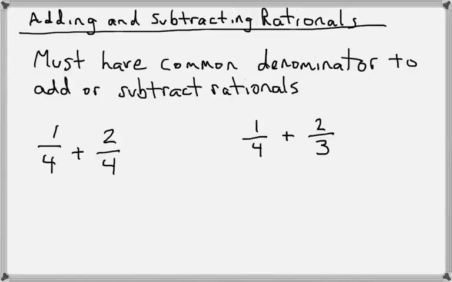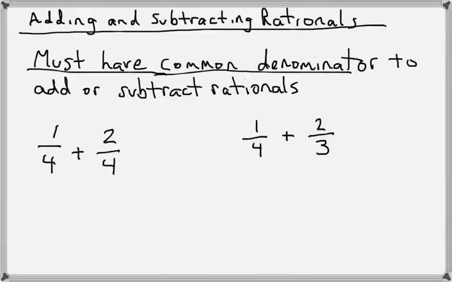In this video, we're going to be going over how to add and subtract rationals. The key thing to remember here is that in order to add or subtract them, you have to have a common denominator. This is the same rule that applied when we were first working with fractions. So if we take a look at our first problem here where we have 1/4 plus 2/4,